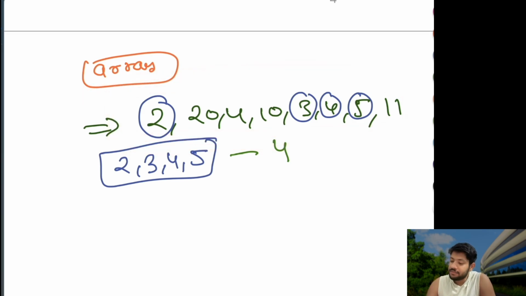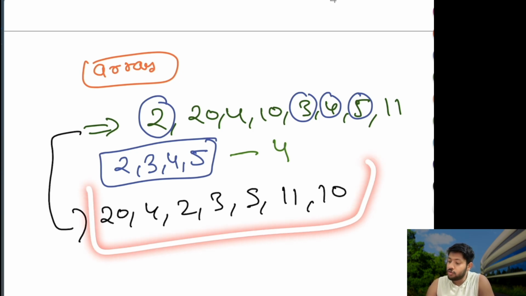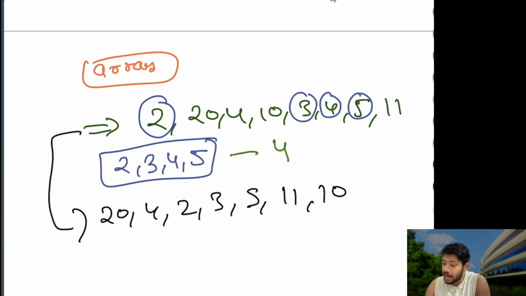What I mean to say is, if this array would have been 20, 4, 2, 3, 5, 11, 10, then you might say, hey, what's the consecutive sequence? I don't find any consecutive sequence. This might happen, or maybe the consecutive sequence is 2, 3. Yeah, I got one. But in reality, you can